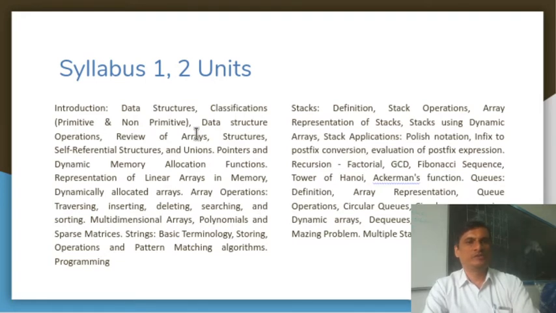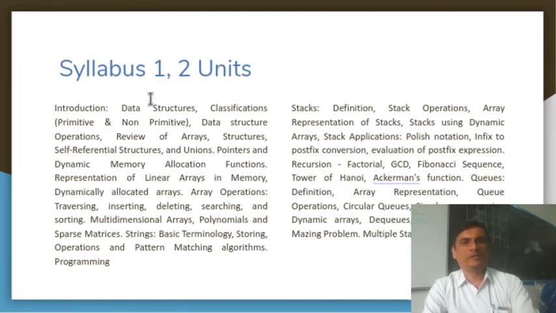In the very first module, you will be studying preliminary data structures: how static memory allocation happens, how dynamic memory allocation happens, how a polynomial is going to work, and how a sparse matrix is going to work, etc. Normally when you want to search for a particular file in DOS or in Windows, you will use ABC star. What that means is all the files that start with ABC are going to be listed out. Likewise, how a pattern matching algorithm works, that you are going to study in the first module.